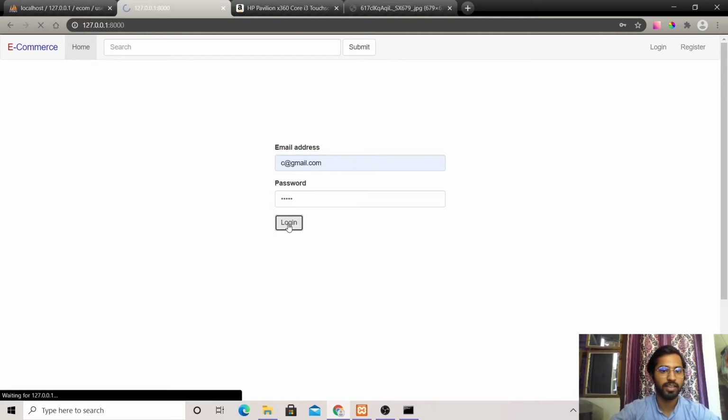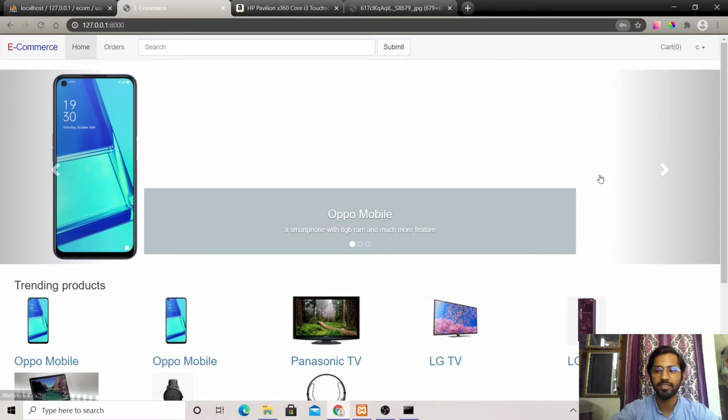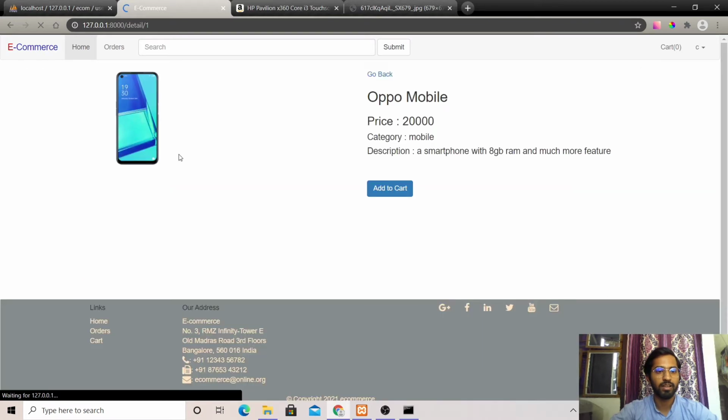Just by creating and logging in, we go inside the e-commerce platform, where we can see that the header is there, the footer is there, the body section, and so many sliders and functionality. If you click on any product or picture or link, it will take you to the detail page of that particular product. As you can see, I have clicked, and it takes me to this.